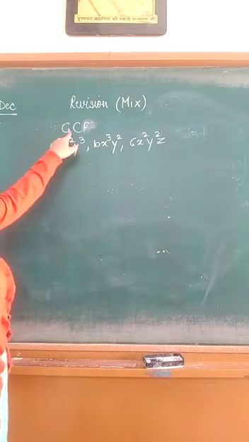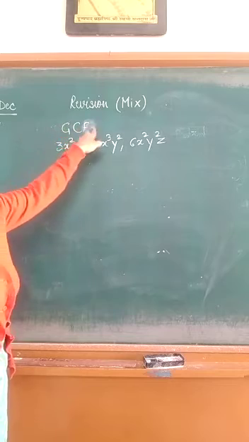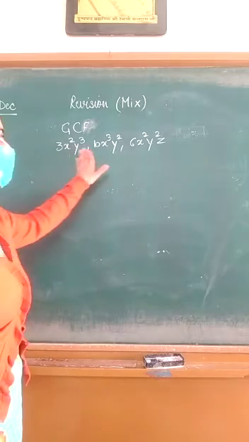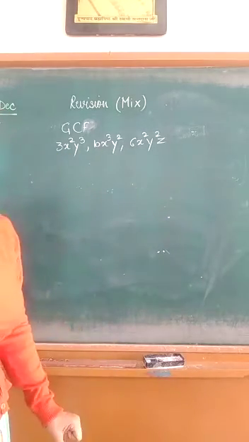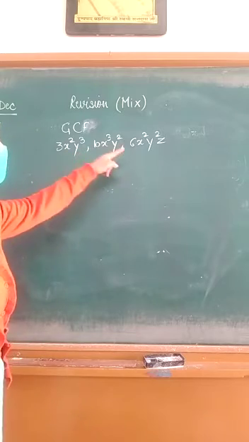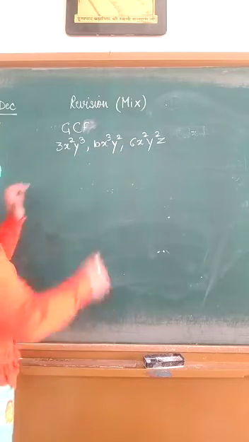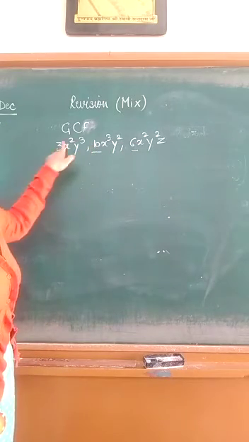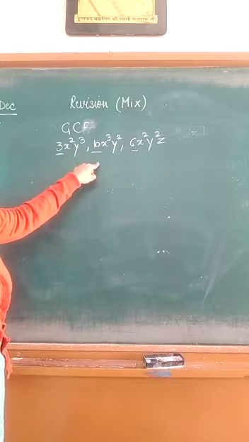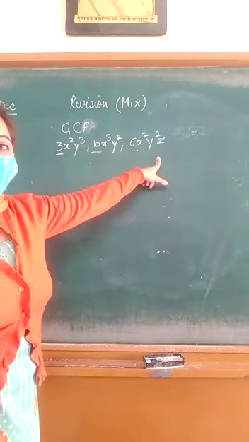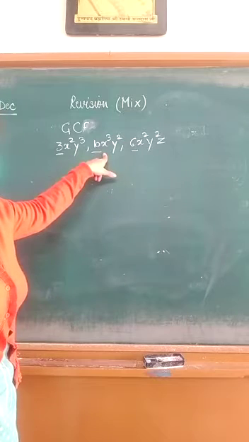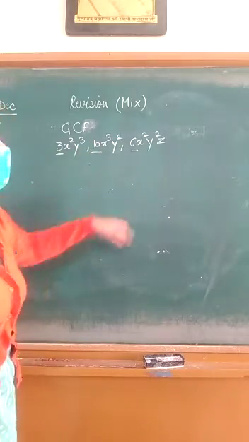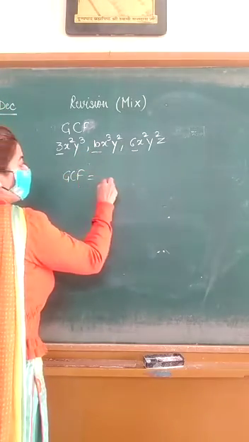Next question is you have to write the GCF, the greatest common factor, of all these three numbers. The greatest common factor is the number that will divide all the three numbers, and there will be no greater number which will divide these three numbers. So the greatest number you have to find. In this, as you can see, three numbers are given to you, and if you write 3 in the greatest common factor, 3 will divide the first number and the last number, but this middle number is not divisible by 3. So we don't have any number that will divide all the three numbers 3, 10 and 6. So in the greatest common divisor, we don't have any number.